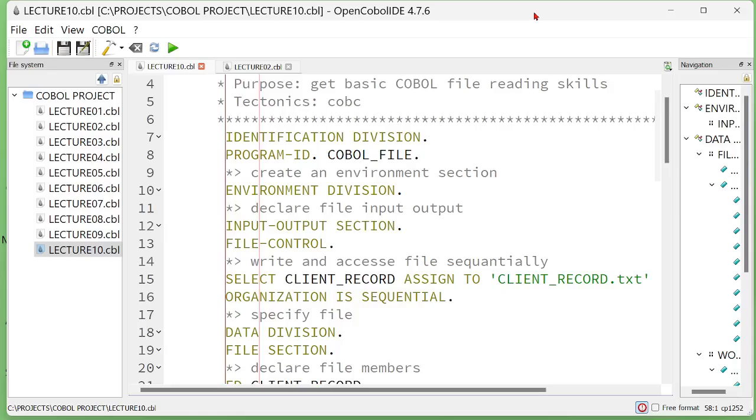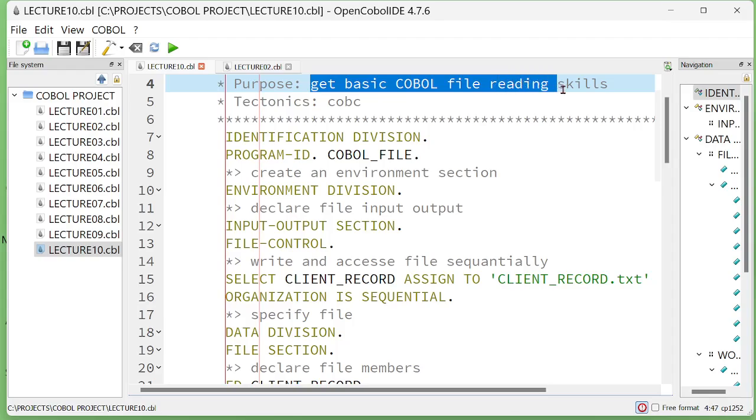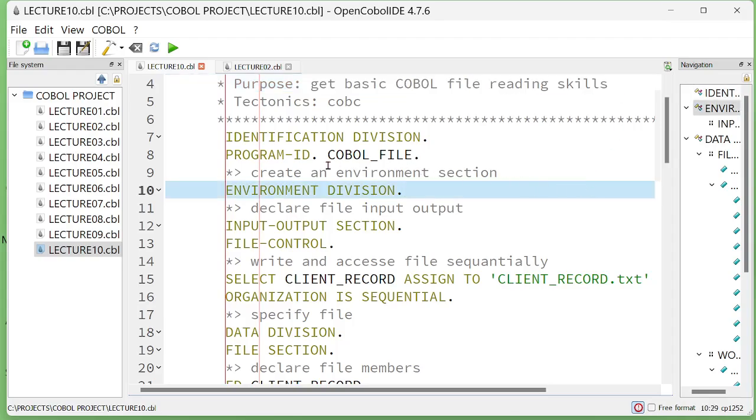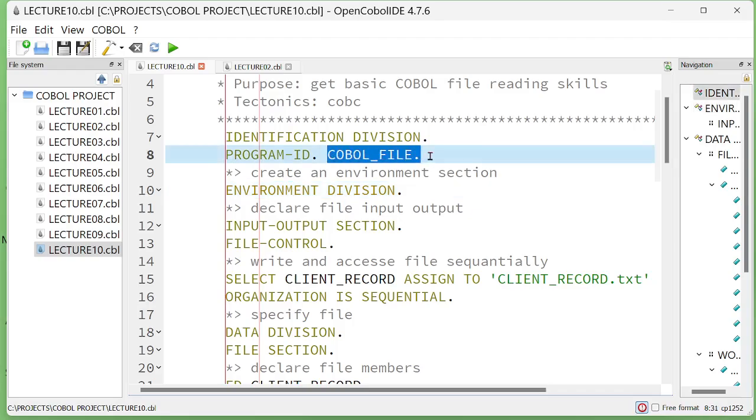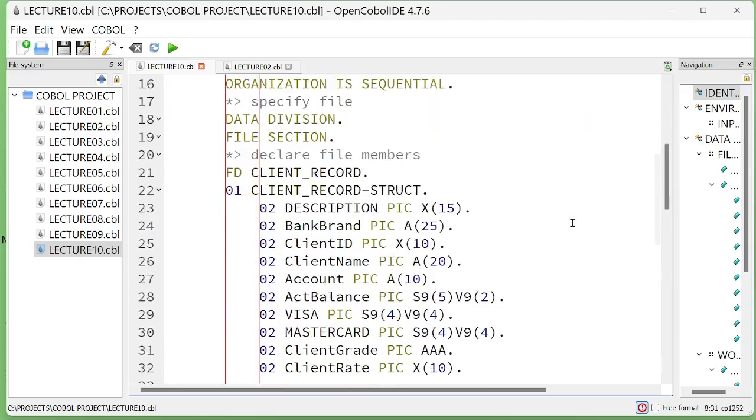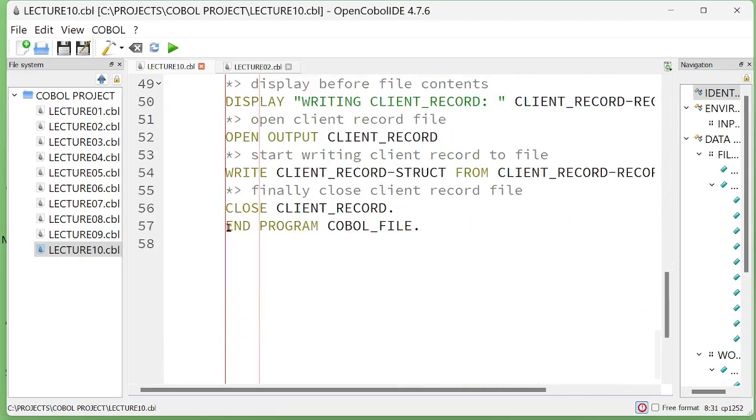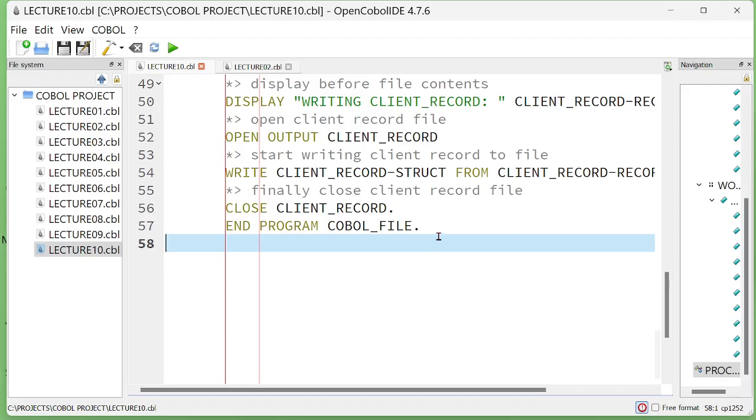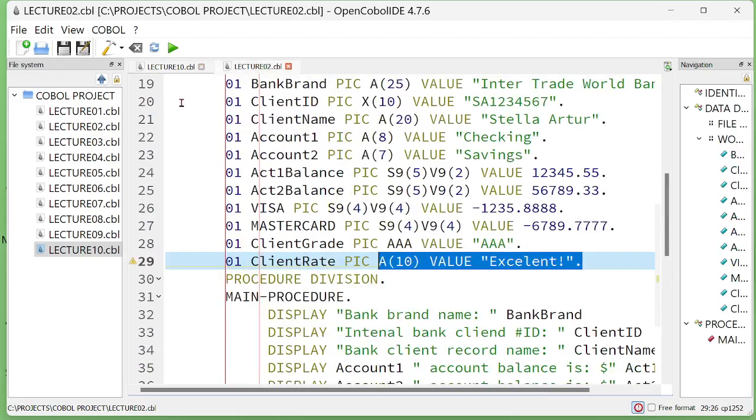Sometimes you might be required to have a basic reading understanding of a COBOL file. So I created a program to get basic COBOL file reading skills. I called our program COBOL file. Let me show you how it's made. I ended the program COBOL file and I took records from lecture number 2 here